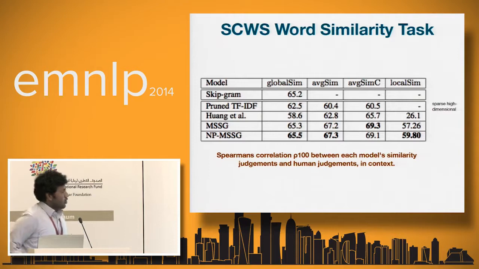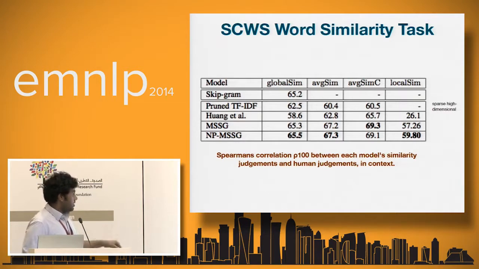Here are results on the word similarity in context task. We perform better than both the baselines here, the one that learns multiple high-dimensional vectors and the one that learns multiple low-dimensional embeddings. And I think the really impressive result was with the local sim metric, where we perform so much better than the baseline method. This shows that the vectors are good enough to do even word sense discrimination, because you need to pick just one vector given the context, and we perform twice as well as the baseline method.